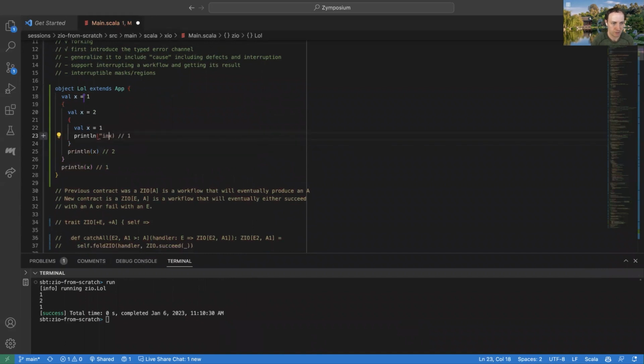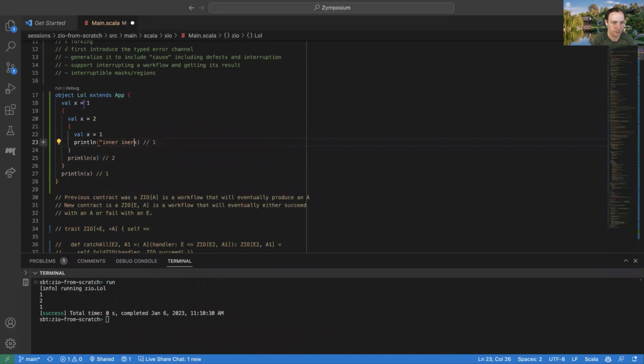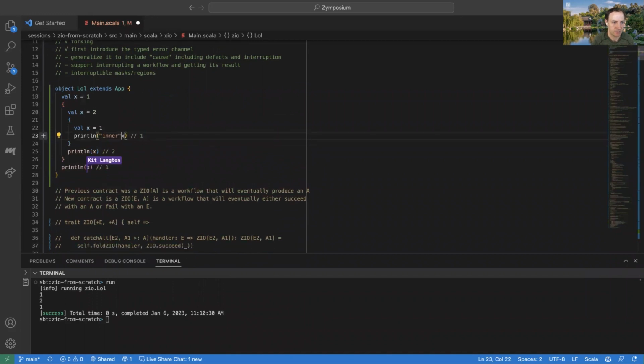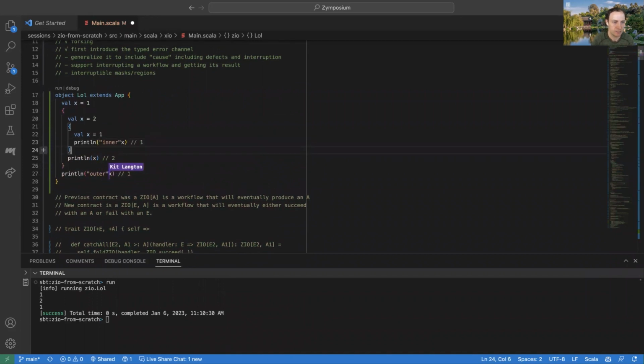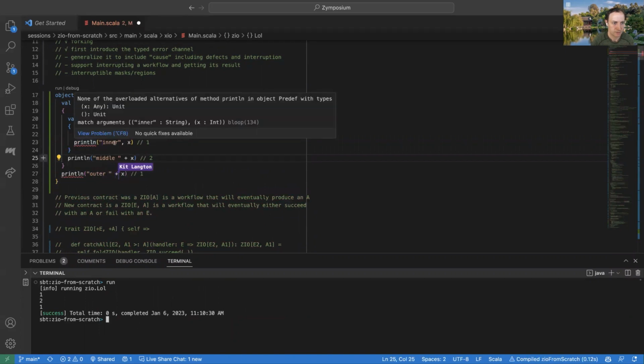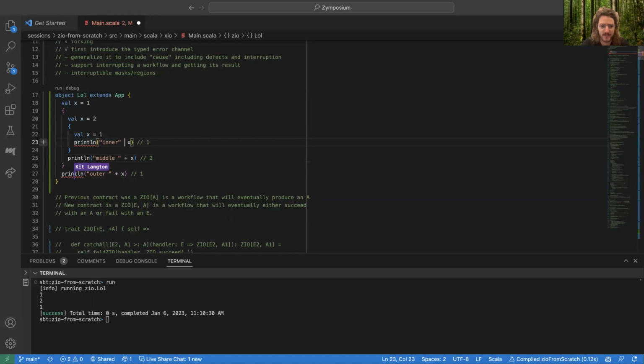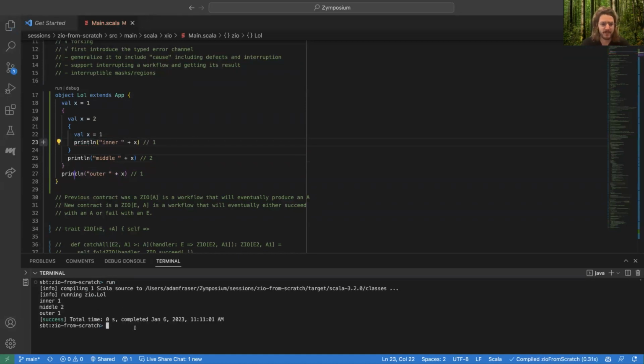And maybe if we wanted to, we could call this one inner, and that one outer, and this one middle. So we see in the outer scope, this is 1. Then we get to override it within this middle one, and it's 2. And then in this innermost one, it's 1 again.